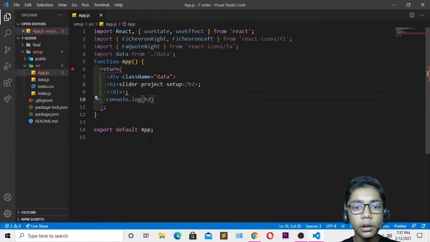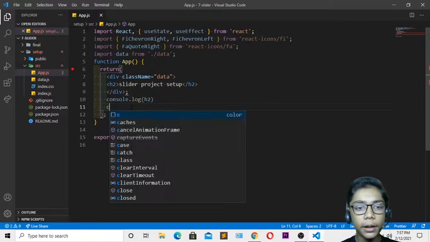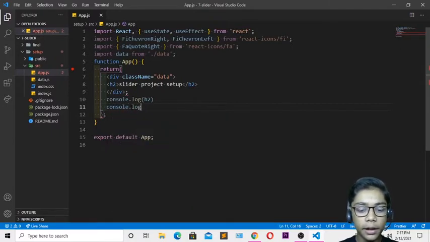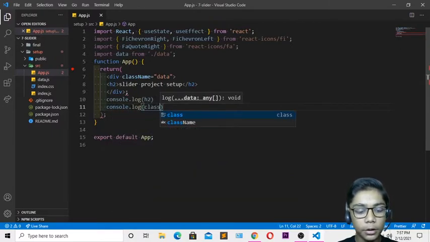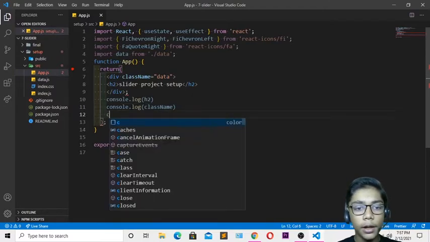So when you've done all these things, you have to erase that from here and over here also, because we will be just writing over here, because we don't need this closing tag in h2. We have to just close that by writing this div tag. So when you've done that, you have to come and write console.log again. Then in that I will be defining my class name. So I'll be writing the class name which we have written above in the div. So here we have to also define that for defining in our print tag.